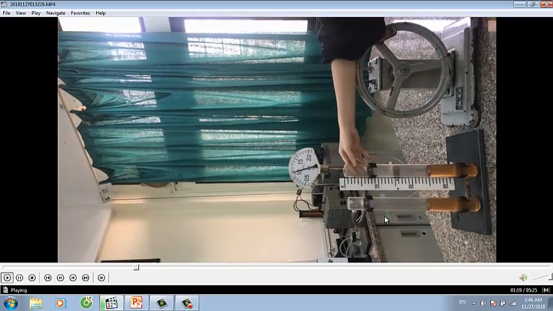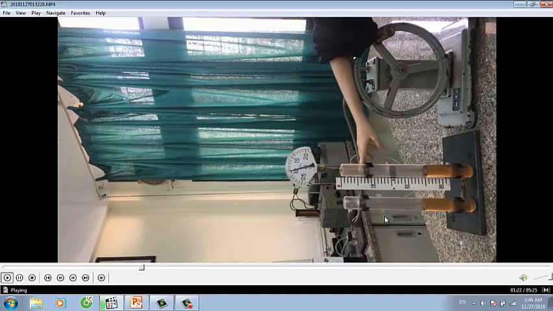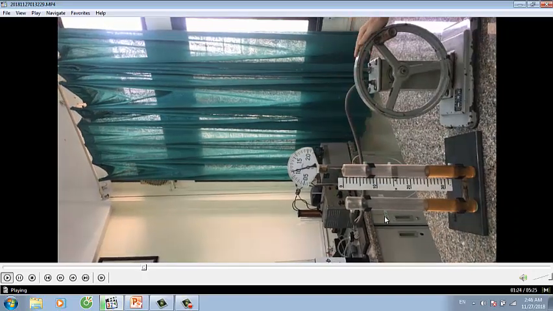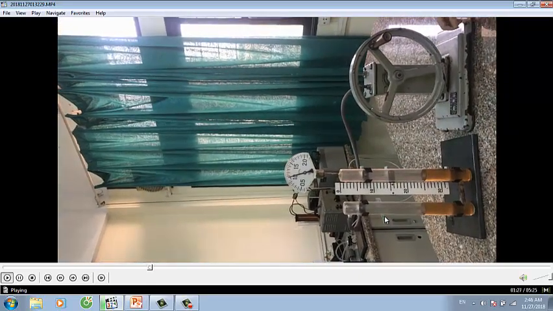Next, we will take the pump to shut the air in cylinder 1. This cylinder, so the pressure in this